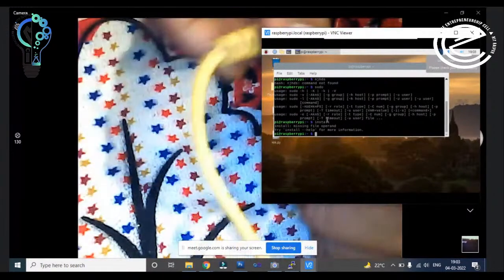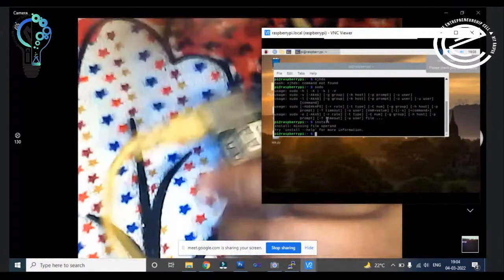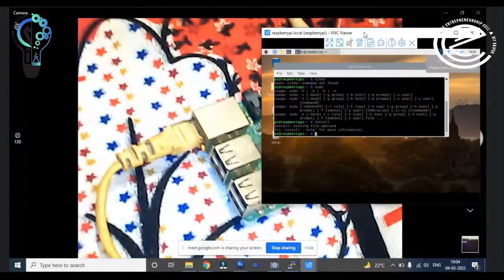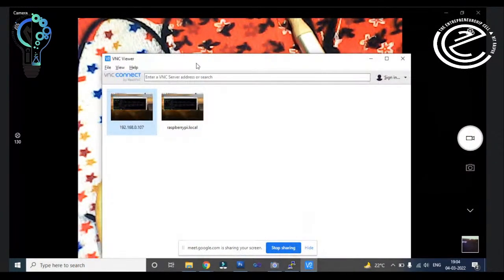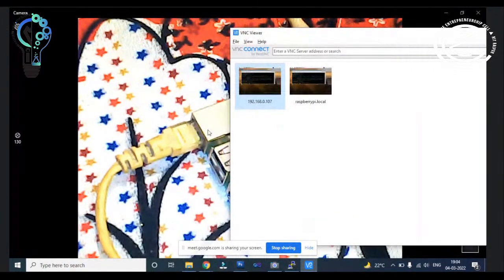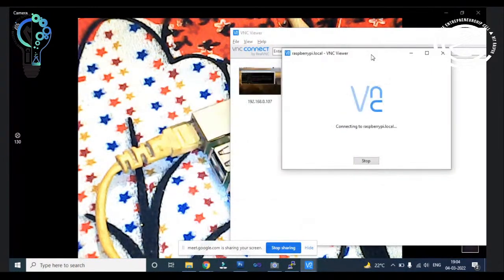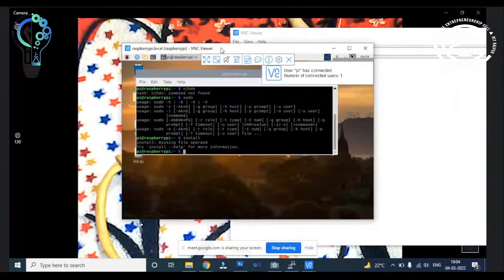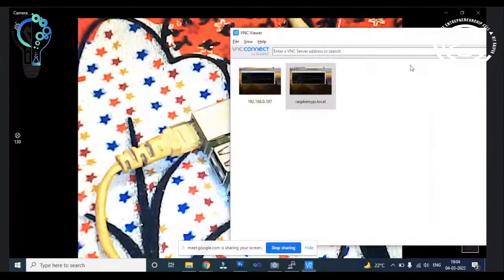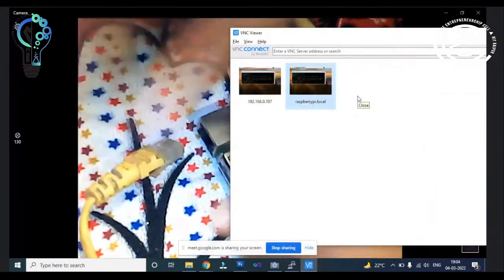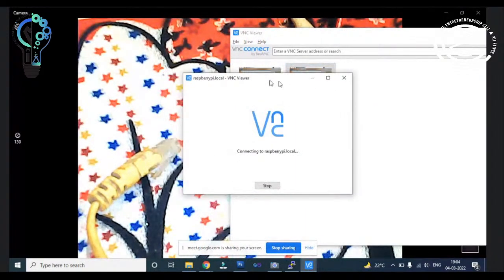So let's connect LAN again. And now I'm showing you the connection has not been reset. Let's open the VNC server. Now you can see I already connected the LAN cable. We have two windows right now. If I open this window, then it will open the Raspberry Pi OS, and it is connected with the LAN cable. But if I close it and disconnect the LAN cable from the Raspberry Pi, and then I click on this, then it will not.